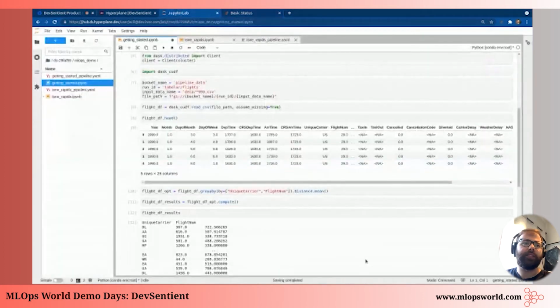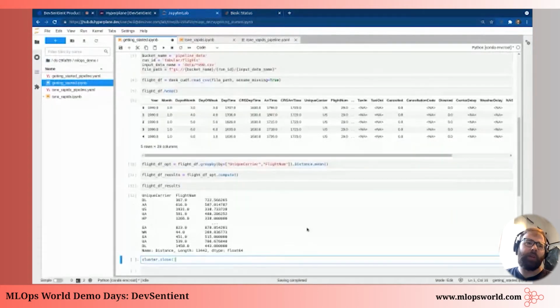And I have my results here. And then last but not least, we have this cluster.close function. So this will tear down your cluster and send resources back to the pool when it's done. However, not to worry if you forget to include this, or if you forget to invoke the cluster.close function. We've implemented some smart garbage collection in the back end.